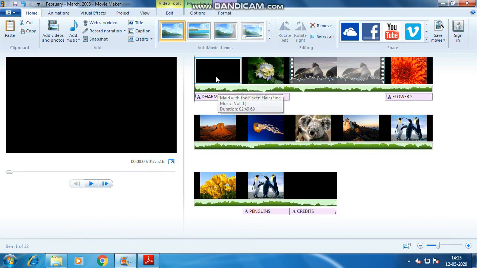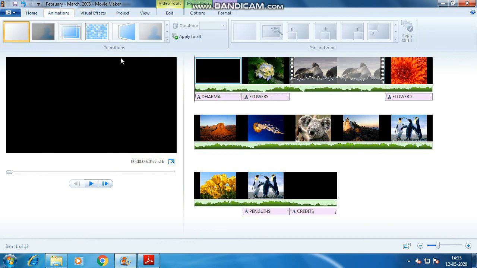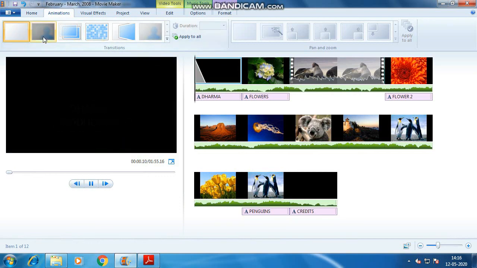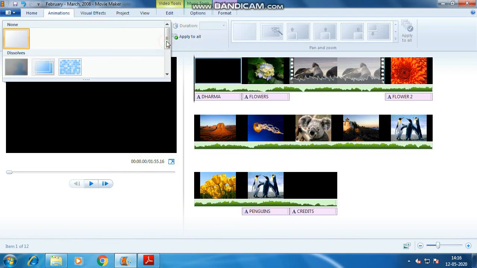Then we have a transition tab here where six or seven transitions are given. You just simply hover over with the mouse and select it. It's not coming on the title because the title has its own transition.